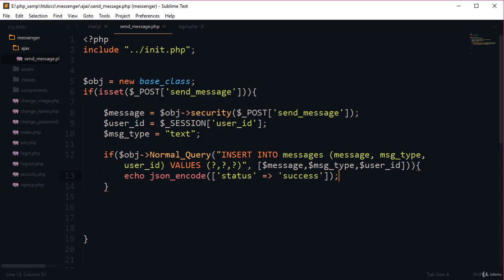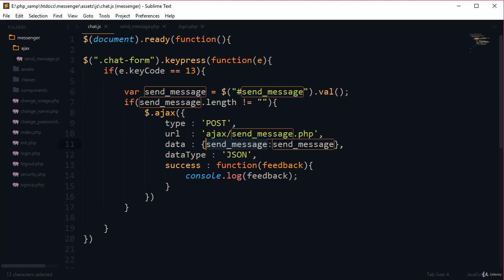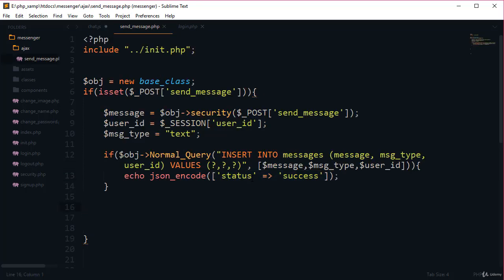Okay, and now we can access this JSON data inside the chat.js. So here add the if statement. For example feedback, because we will receive the feedback in this variable. So if feedback, here add the dot, and now here add the index, so this is the index, status.